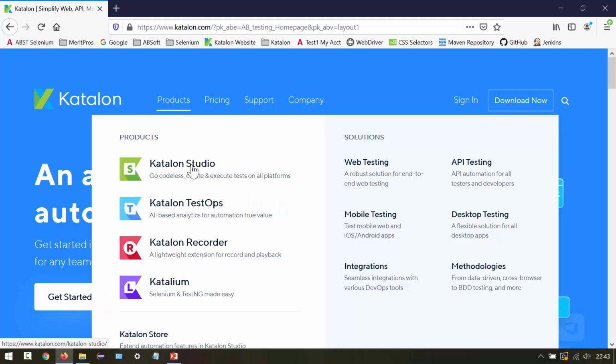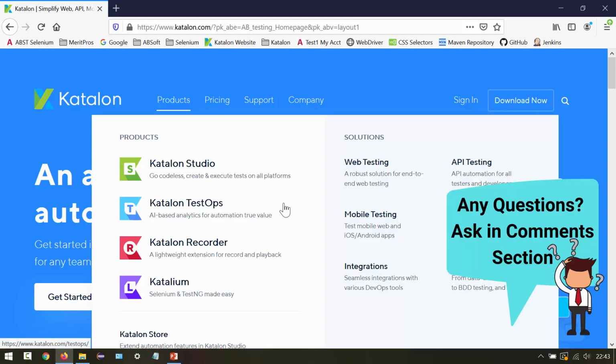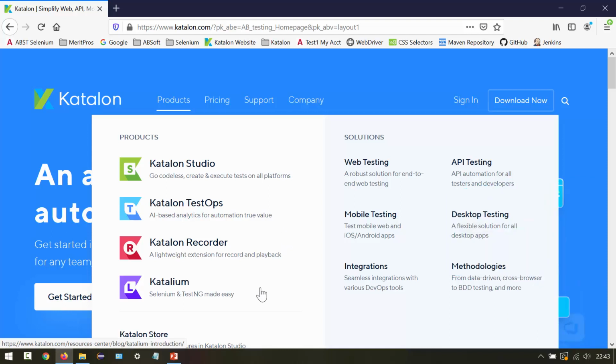Catlon Studio, that is the one we are right now discussing about. Then we have Catlon Desktops, AI based analytics for your automation true value. So there is a Desktops product. Then we have Catlon Recorder for record and playback. Then we have Catalium, Selenium and TestNG made easy. So that is specifically for Selenium and TestNG automation.